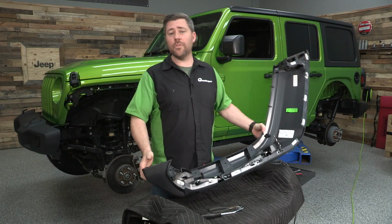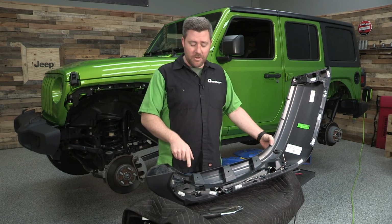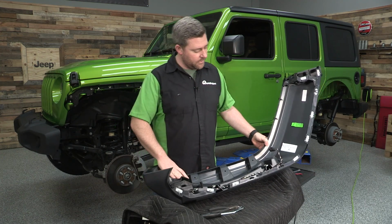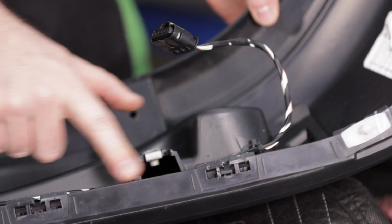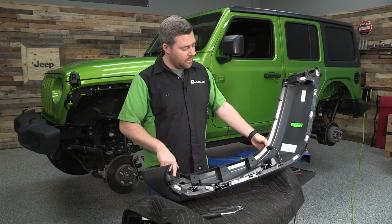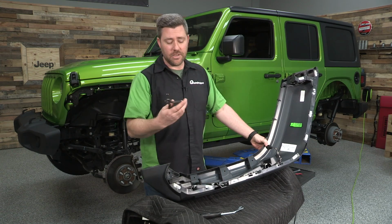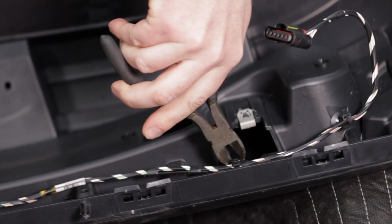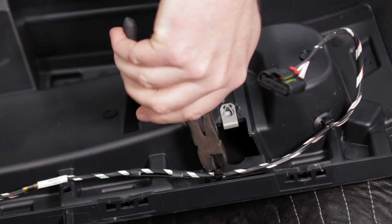So now that we're happy with the way that our inner fender fits, it's time to go ahead and get the wiring out of our factory fender flare that we removed earlier. So as you can see, we've got this harness that's zip tied inside of the flare that we need to remove, and to do that, just grab yourself a pair of wire cutters, and we've got a couple zip ties to cut. One here,